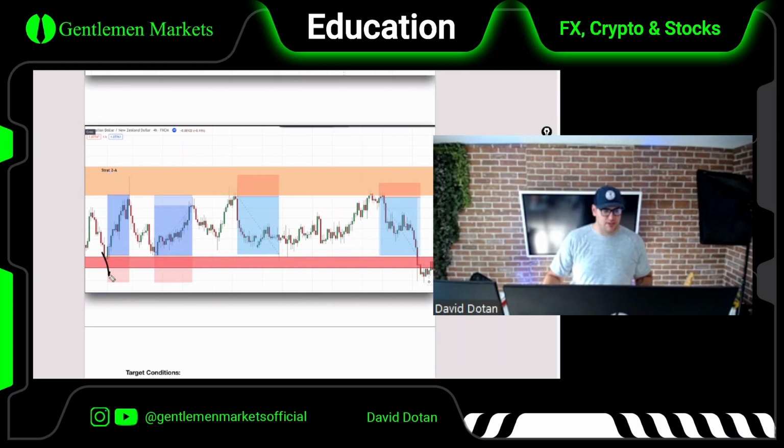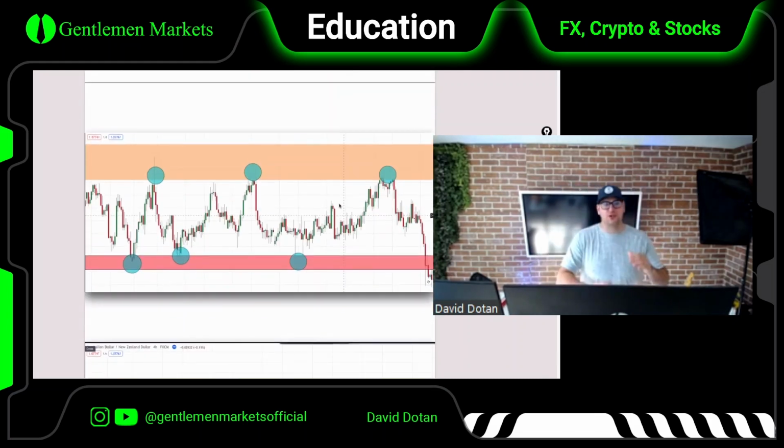Let's say there was a stop hunt here and then a stop hunt here and then a stop hunt here and a stop hunt here. Would we want to place limit orders? No, because we know that there are stop hunts. Our SL will probably be taken out before a move to the downside. So in that case, we want to wait for the stop hunt to happen. When it says limited stop hunts, we have to look at historicals and ask, is there actual sensitivity or is there a bunch of stop hunts happening? If that's the case, then that's not a condition for Strat 2A.